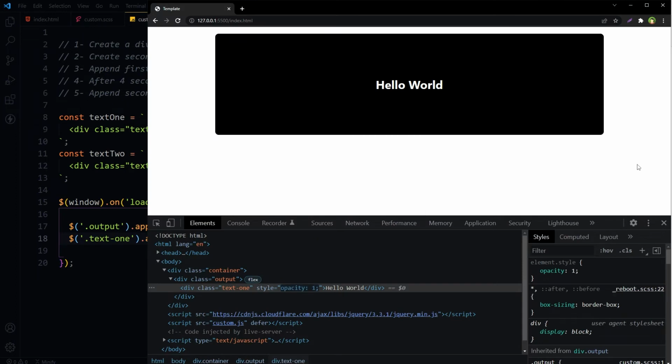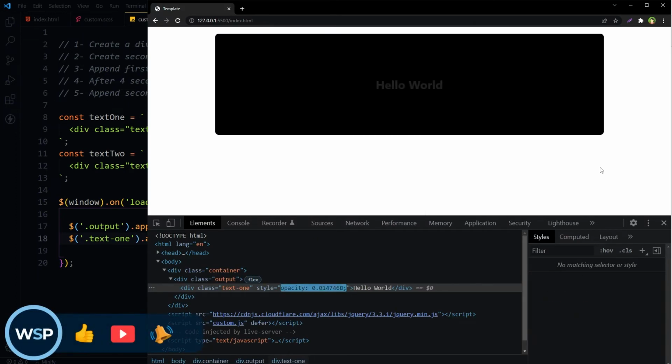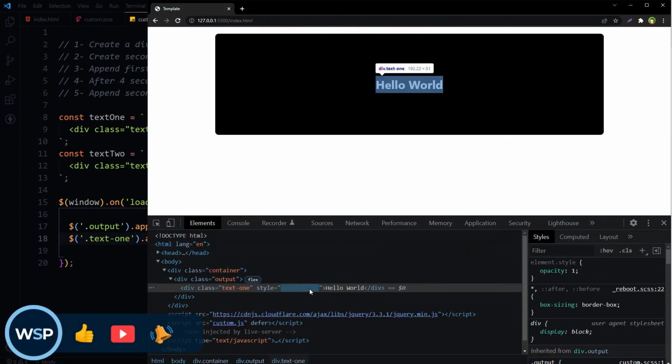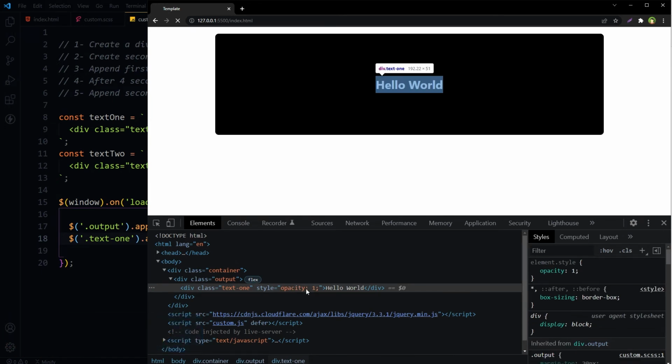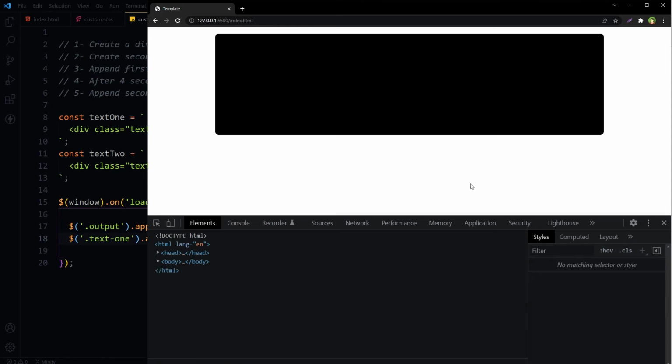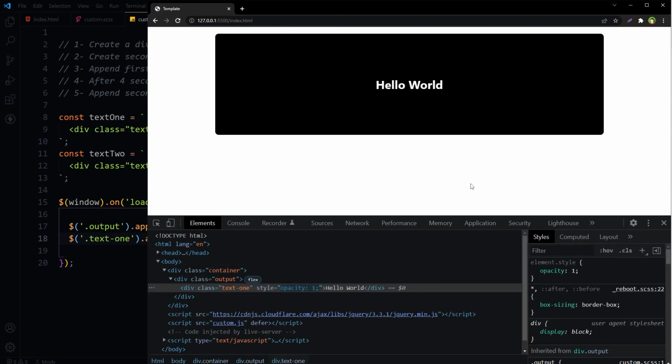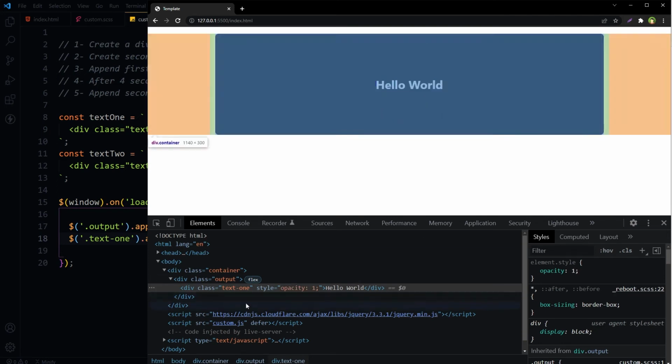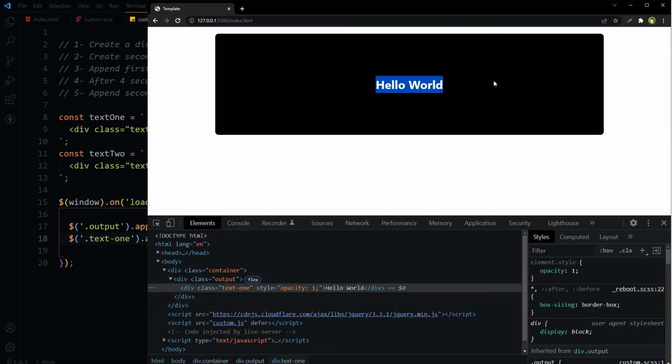Save, refresh, and as you can see here, opacity is being changed from 0 to 1 and the element is fading in. Dynamic element is being appended and it is fading in.